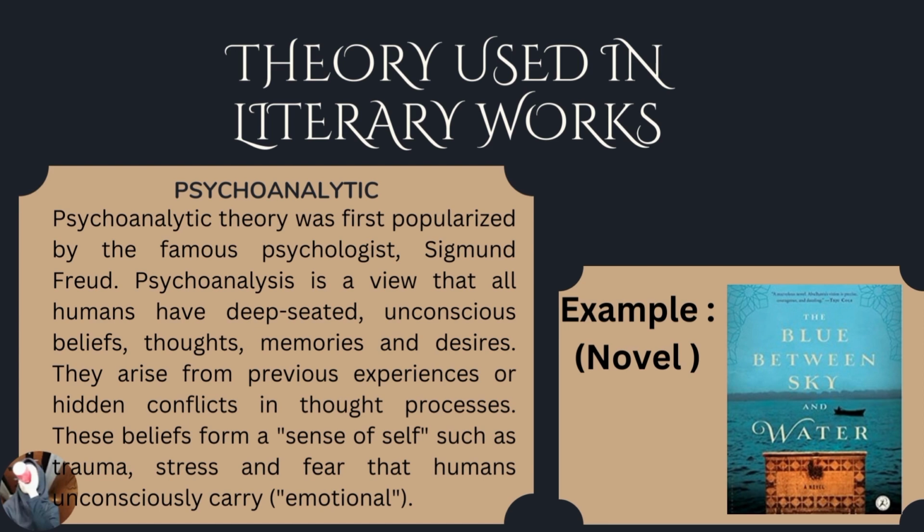This novel tells about the mental experience of a Palestinian woman who tried to save her sister from Israeli soldiers who invade her village. Her name is Nahmie, who experienced rape and mental violence because at the same time she was raped, she also witnessed her sister being killed in front of her.